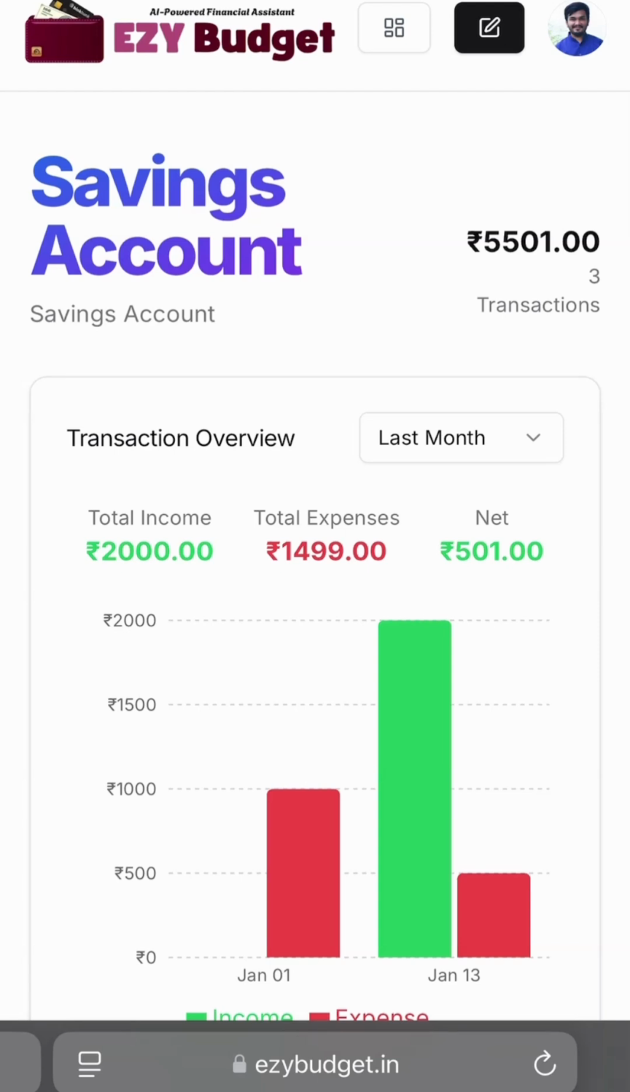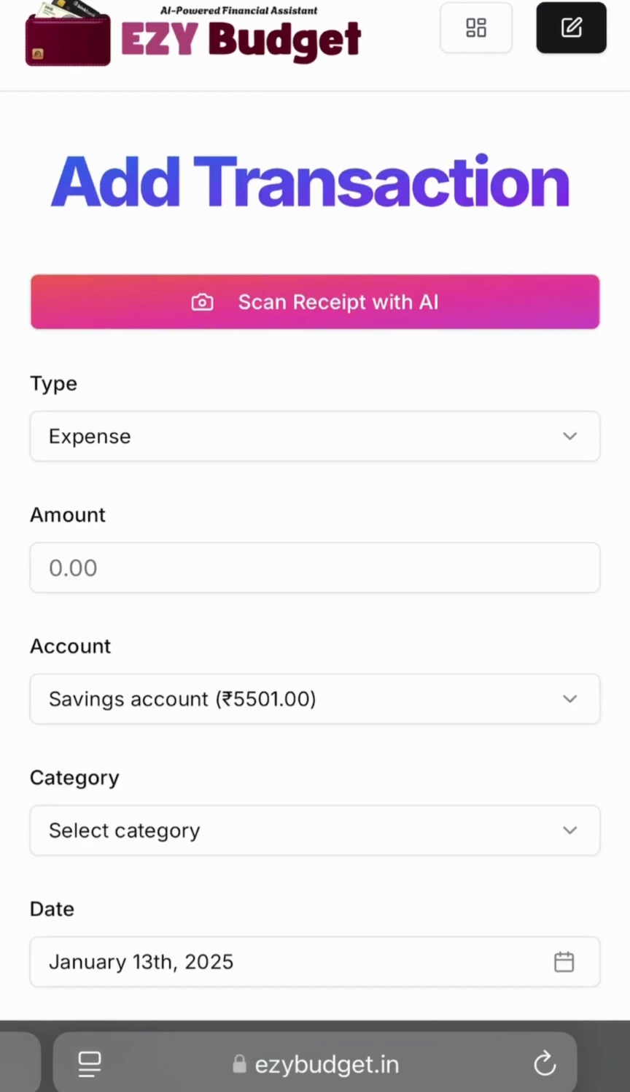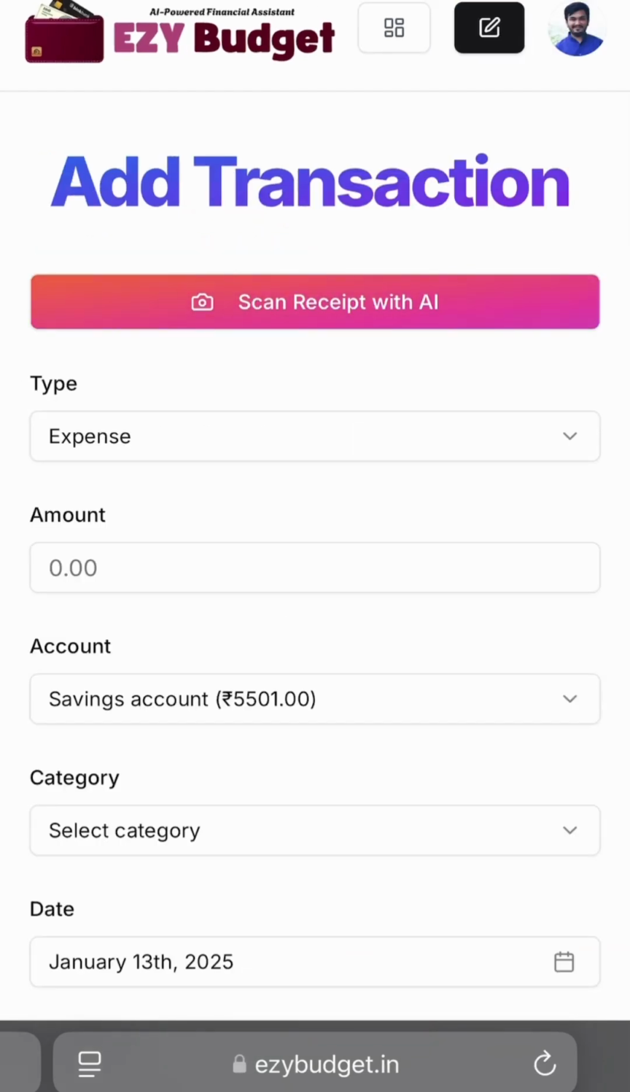Now we have an AI model to make some of the work easier. Suppose you have a bill from a supermarket or a restaurant, you have an expense, but you don't need to waste time adding all these manually. So we have an option to add the transaction automatically with the help of AI. As you can see here, when we click on add transaction, we can see the option of scan receipt with AI. When I click on scan receipt with AI,